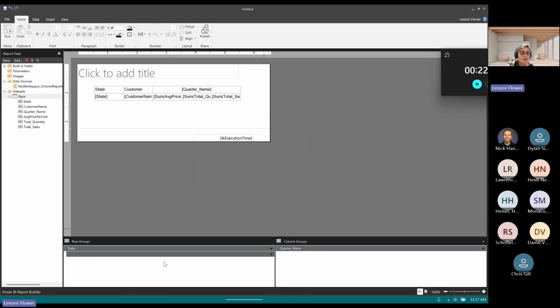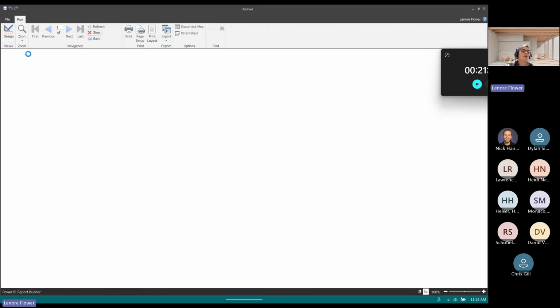And I don't know if you noticed, but down here in the row groups and the column groups, as I'm building this up, it is already building out the structure of how the data is being grouped. When you build up a report, it's going to show up as something very basic, showing you just the information about the fields, which is why you'll often toggle over and over again between the run and design views.